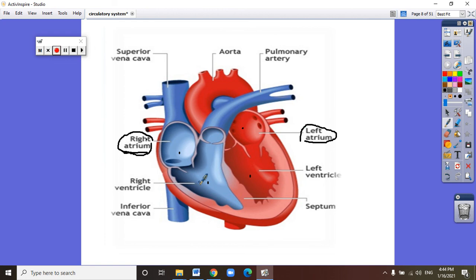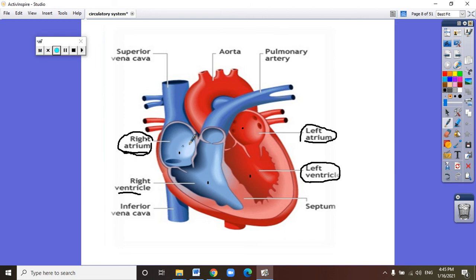The lower chamber is called ventricle. So in the right side we have the right ventricle. In the left side the lower chamber is called the left ventricle. So the heart consists of 4 chambers: right atrium, right ventricle, left atrium, left ventricle. So don't forget that the heart is a muscular hollow organ the size of your fist,